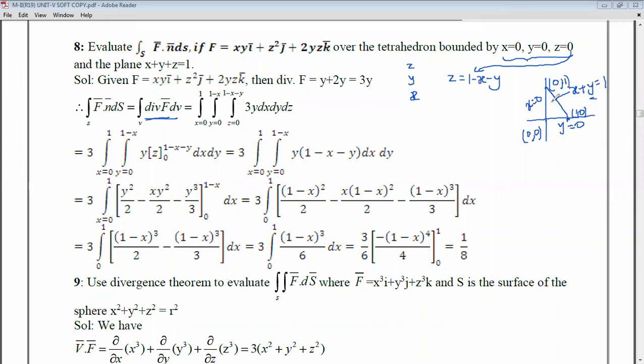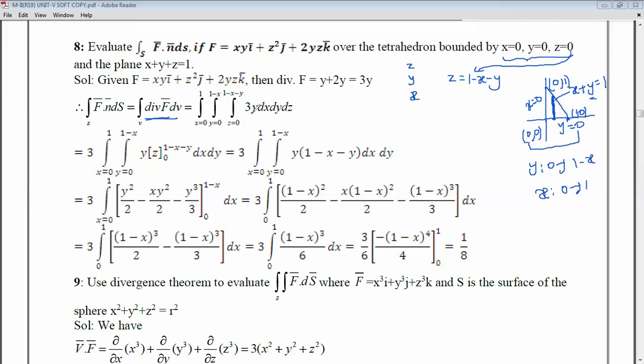And now you can choose, for this entire region, the vertical strip, right? So like this you can choose the strip. For the vertical strip you need to take y from 0, this is the down one, to where it ends on the line. So on the line, y is from 0 to 1 minus x. And coming to the x limits, from 0 up to where it is bounded, 1. So x is equal to 0 to 1. So this is the vertical strip. If you want, you can choose the horizontal strip, nothing will go wrong. Okay, so we got the limits here.